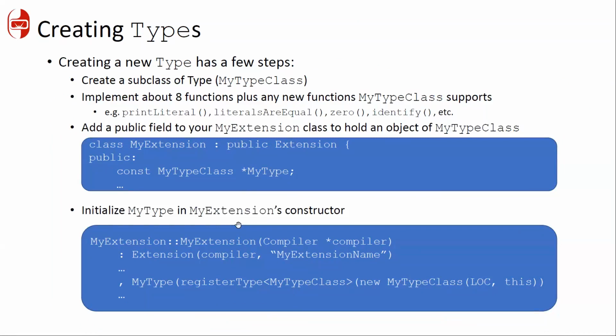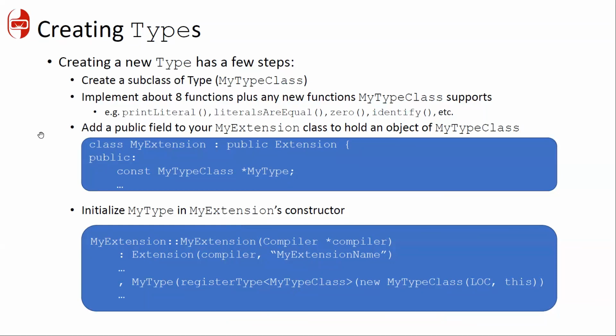And I expect this number will grow, but right now it's at about 8. Some of them define a few extra ones, so it's like 10, but they're generally speaking quite simple little functions that need to get implemented. There are things like print literal, are these two literals equal? If it's a numeric type, what does a zero literal look like? And that should be identity, not identify, sorry, etc. So there are just a number of these little functions that you have to go and implement for a